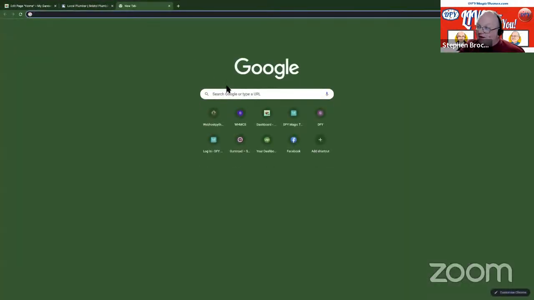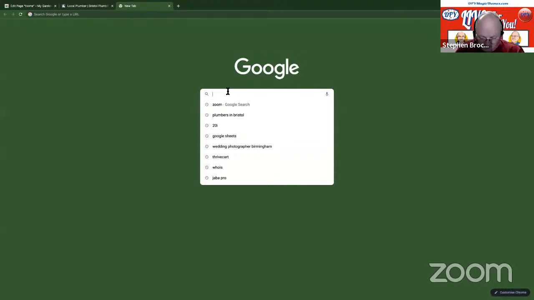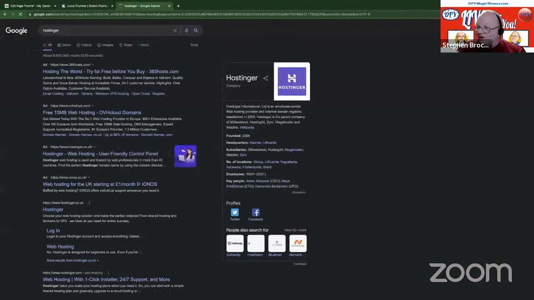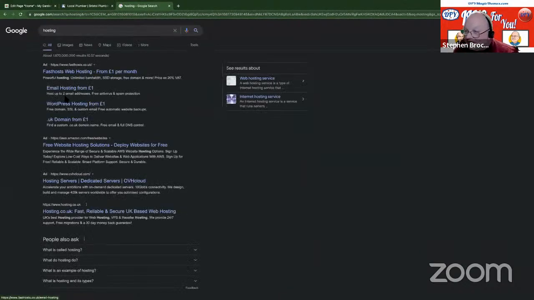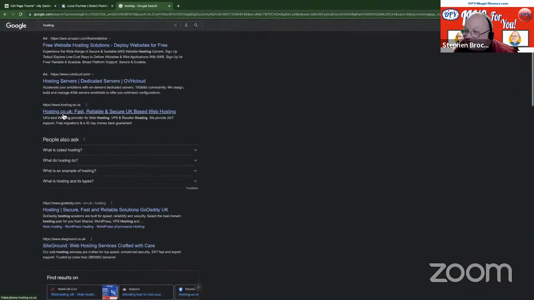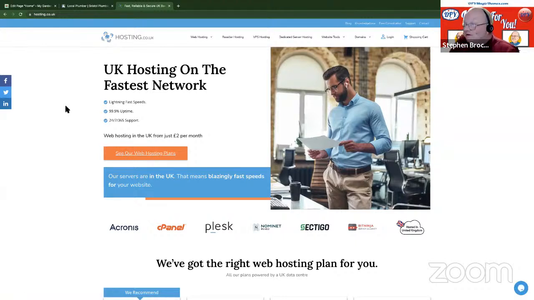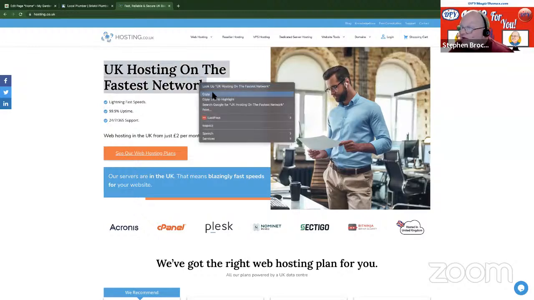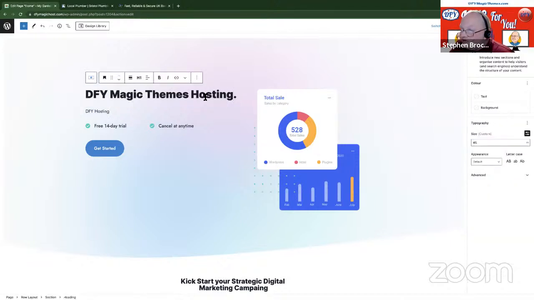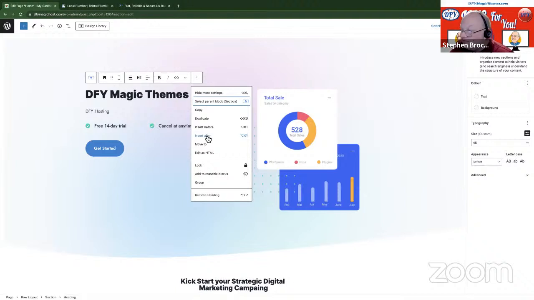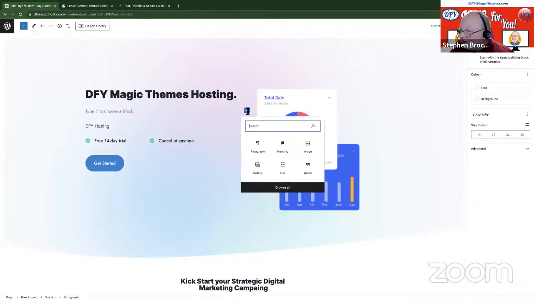So if I now come over to another page and we do a search for just hosting, it's auto corrected me, so I'm going to get rid of that bit. And we're going to have a look down at, well, let's start off by coming down to this site here and see what they've got. UK hosting on the fastest network. So I could grab this content here, come back to my own site. I'm going to actually insert, so I'm going to click here and insert after another heading. So we're going to click plus,